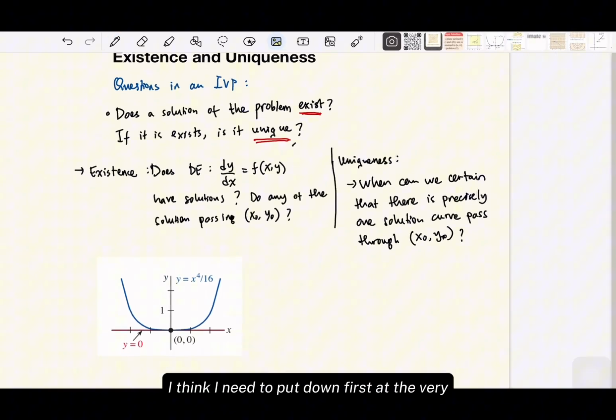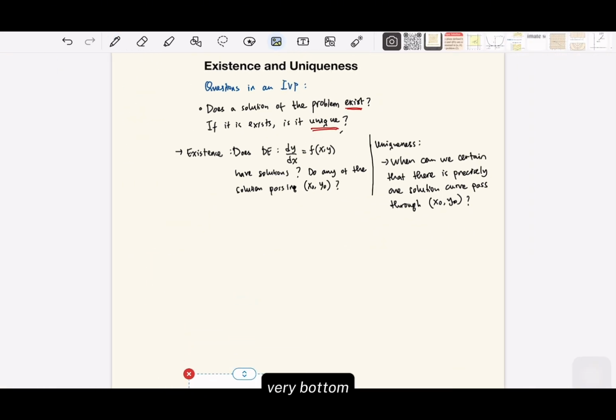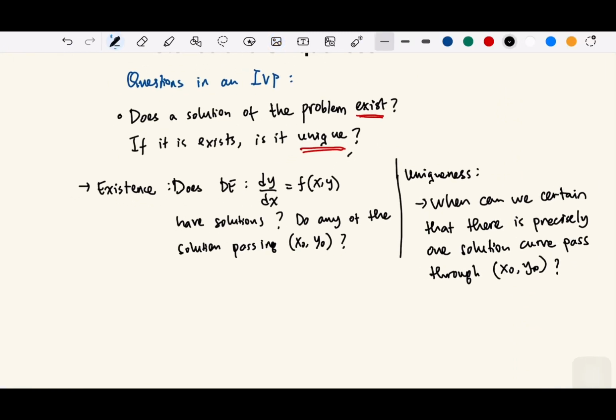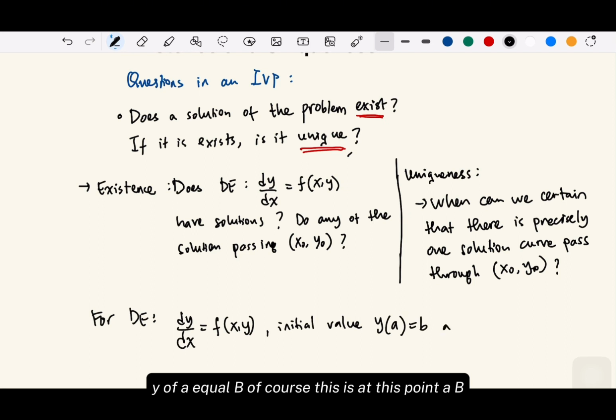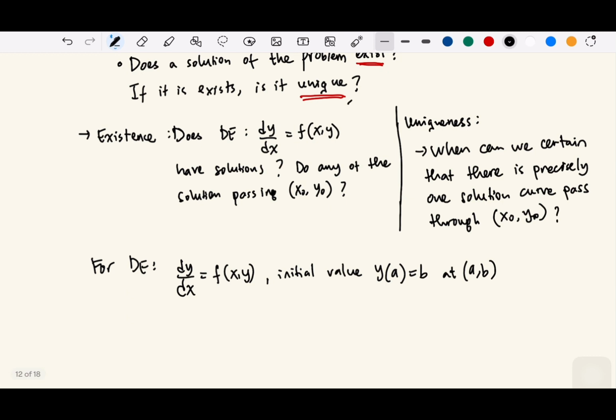Okay, this picture, I think I need to put down first at the very bottom. So for the DE dy/dx = f(x, y) and initial value y(a) = b, of course, this is at the point (a, b). So if f is continuous around the point (a, b),